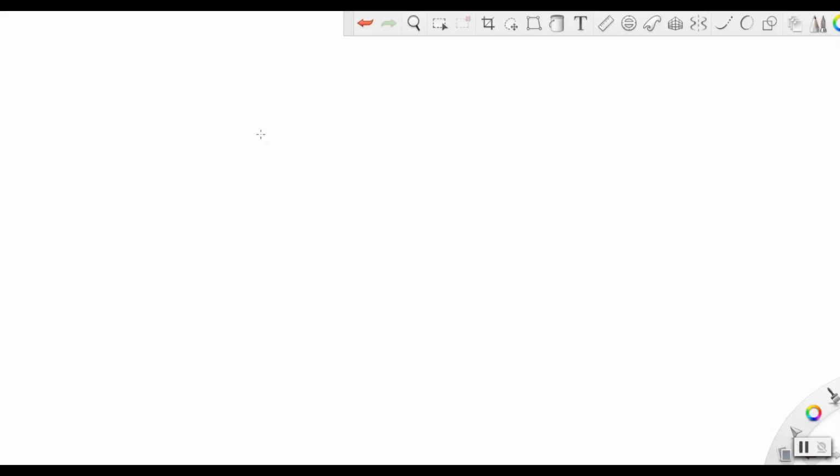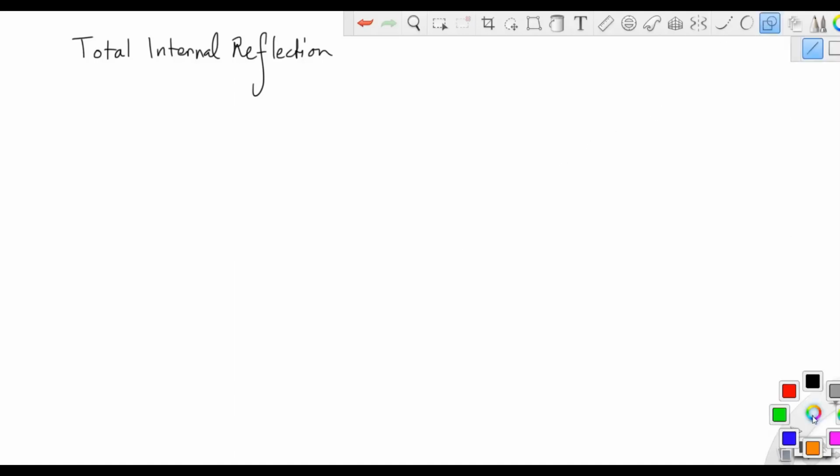Okay, this video is on the subject of total internal reflection, and this only occurs when you're going from a medium that's more dense to a medium that is less dense. So I'd like to use a swimming pool as our example, although this can occur in all kinds of ways. So let's go ahead and start off with